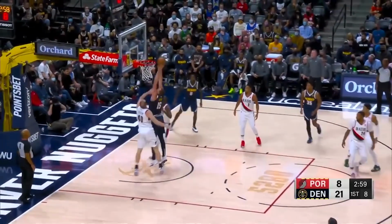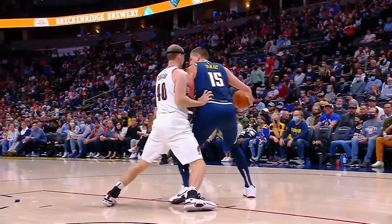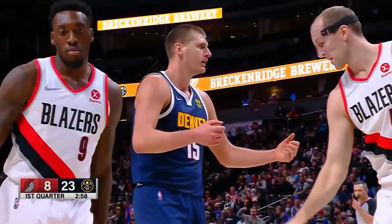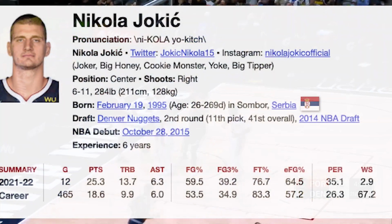I don't think I need to get into how great Nikola Jokic is as a player, an amazing passer and overall player for the Denver Nuggets. He just received his first MVP last season, and this man is not slowing down, putting on another showcase for MVP. Through 12 games into the season at the time of this video, he is averaging 25.3 points, 13.7